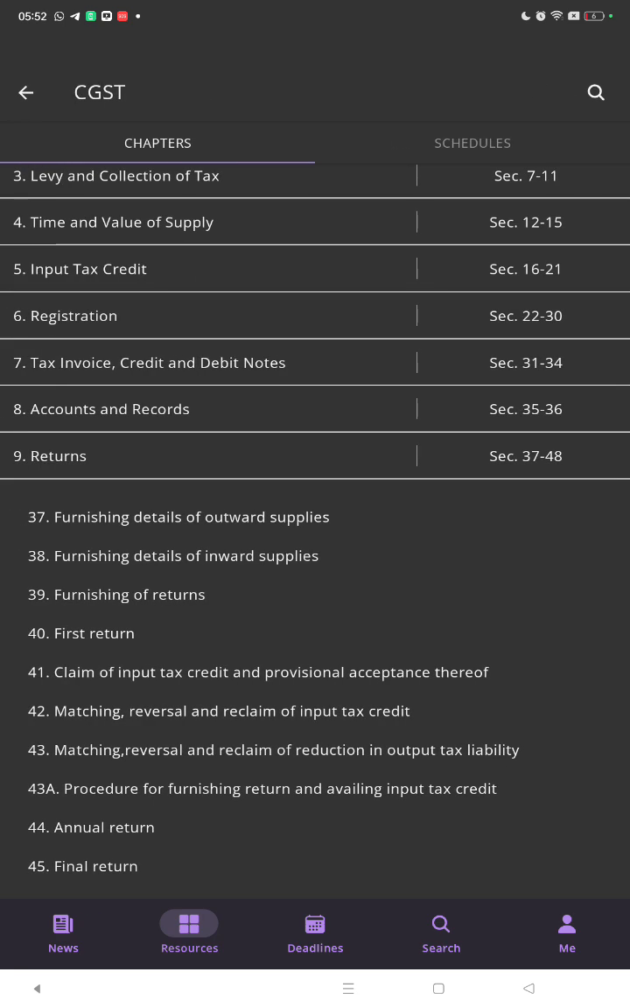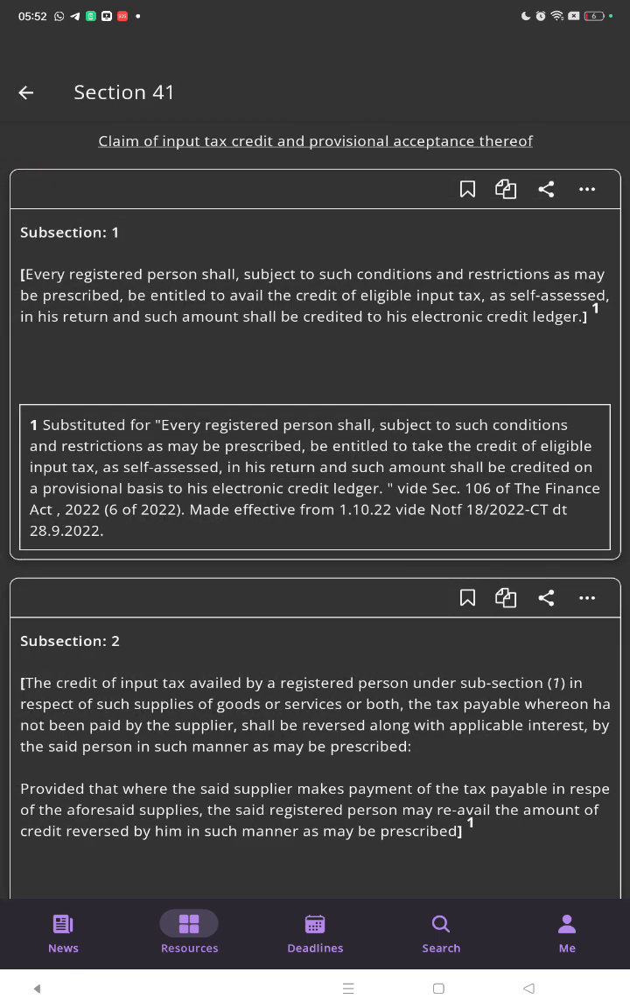Section 41, claim of input tax credit and provisional acceptance thereof. Subsection 1: every registered person shall, subject to such conditions and restrictions as may be prescribed, be entitled to the credit of eligible input tax as self-assessed in his returns, and such amount shall be credited to his electronic credit ledger. Subsection 1 substituted: